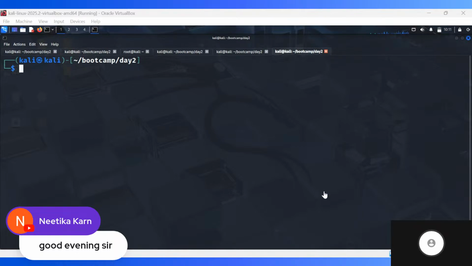Host up means that the IP we are scanning, whatever it belongs to, whether it be a phone, whether it be a camera, anything at all, it will have an IP address. It's an identifier. So it's saying that host is up means that the host is up. It's not like the IP address has not been assigned or the person who has it is switched off. But the ports are filtered.